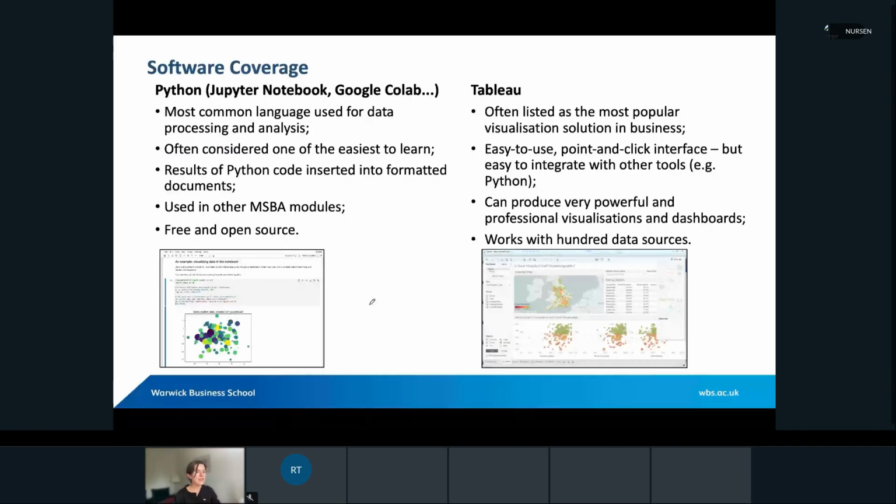Yep. Okay. So software tools, we are going to mainly use two tools in this module. One of them is Python. You have already had an introduction to Python last week, right? Introduction to Python workshop. And from my perspective, you can either use Jupyter Notebook or Google Colab. Both of them are fine. In the past, we had some internet issues during the workshops, and this may actually affect Google Colab. Therefore,